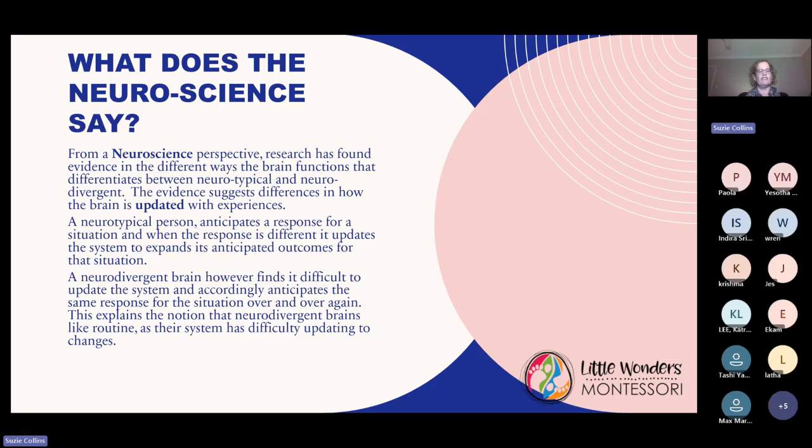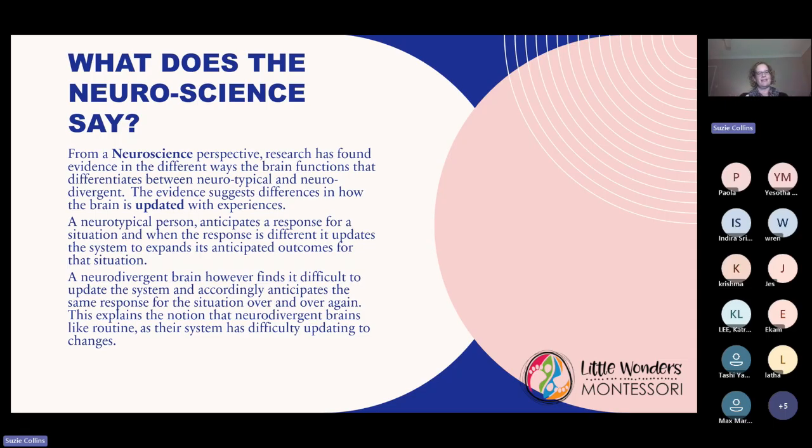However, a neurodivergent brain finds it difficult to update that system and finds it really hard to anticipate or have that flexibility around how a situation might be different. If it's unable to update the system, it's constantly anticipating the same response for the same situation over and over again.